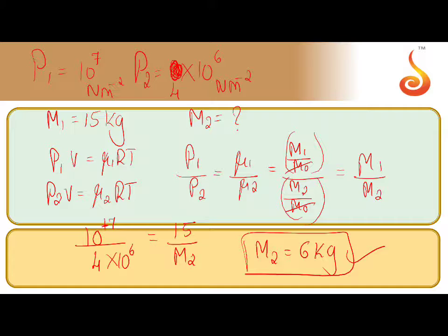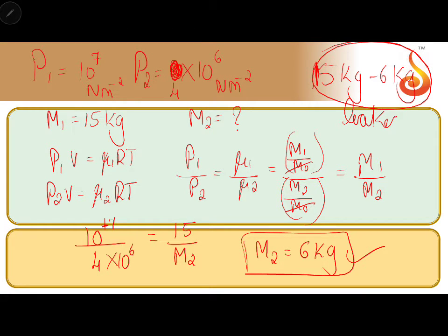Now how much is leaked out? Initially you had 15 kg, now 6 kg is left. The leaked out is 15 minus 6, 9 kg. 15 kg minus 6 kg is the amount leaked. This is the end of the